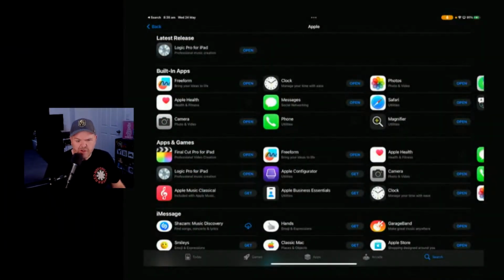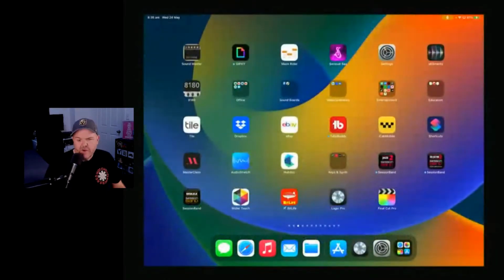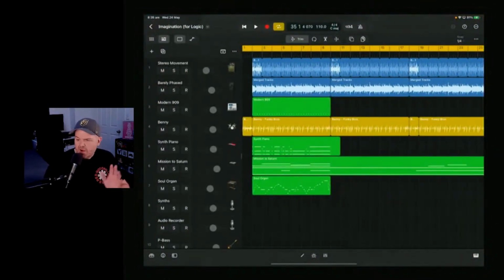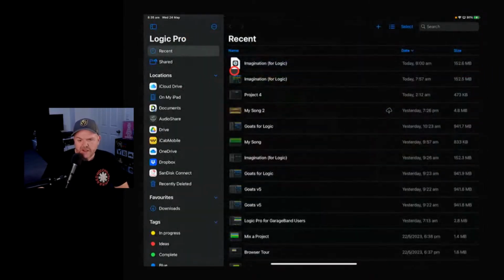And the first thing that I've done here that you heard in the intro is I've brought a GarageBand project here into Logic Pro to start playing around and start showing you some of the differences. Because I thought one of the first things that folks might want to know is, hey, I'm a GarageBand user, or I'm a Logic Mac user, or I'm an Audio Pro or a Cubase user. What's in Logic Pro? What's under the hood? What can I do with my projects that I couldn't do in my other platform? So that's what we're going to start with.